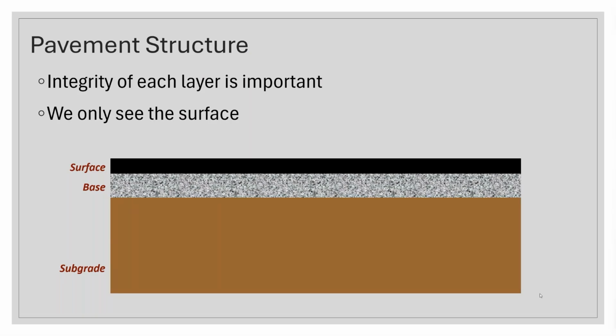So the integrity of each one of those layers is important. And thinking about that drainage and the water that's going to be a problem, anytime I've got some type of deterioration at the surface, that creates an avenue for water to get into the pavement structure. So a little crack at the top, not that big of a deal. Some water gets in there, no problem, right? But then the cracks get worse, and usually they actually start from the bottom of the layer and come up. But in any case, they're getting connected through the entire layer and maybe into the next layer.